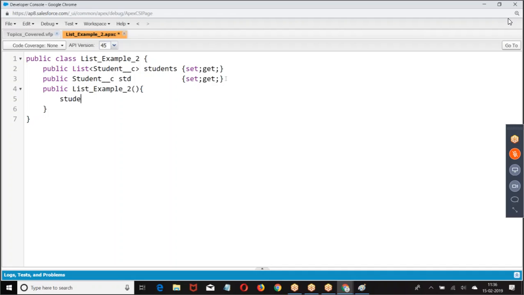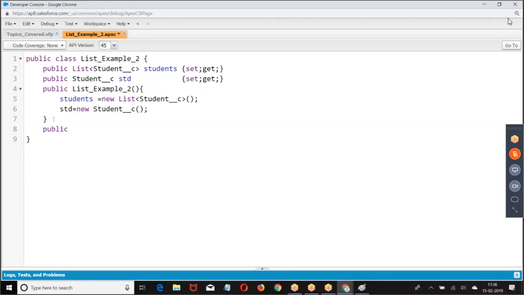Now what is the data type in this case? List of student is the data type. For std, what is the data type? Student underscore C is the data type.